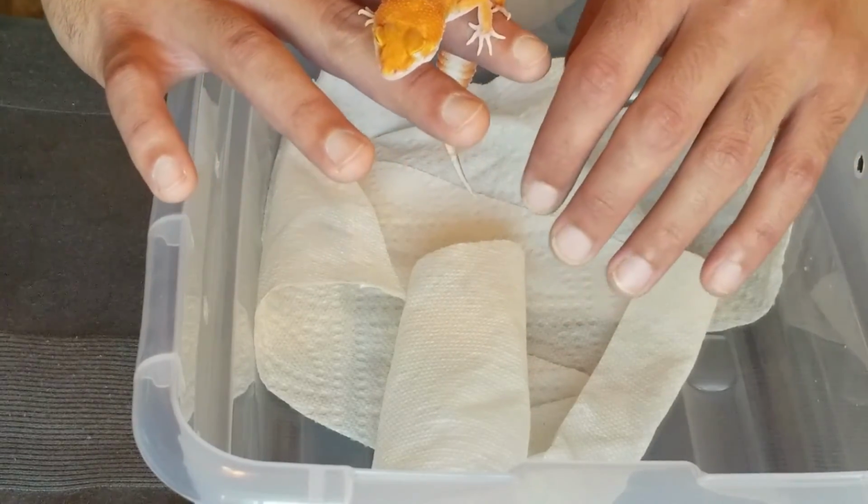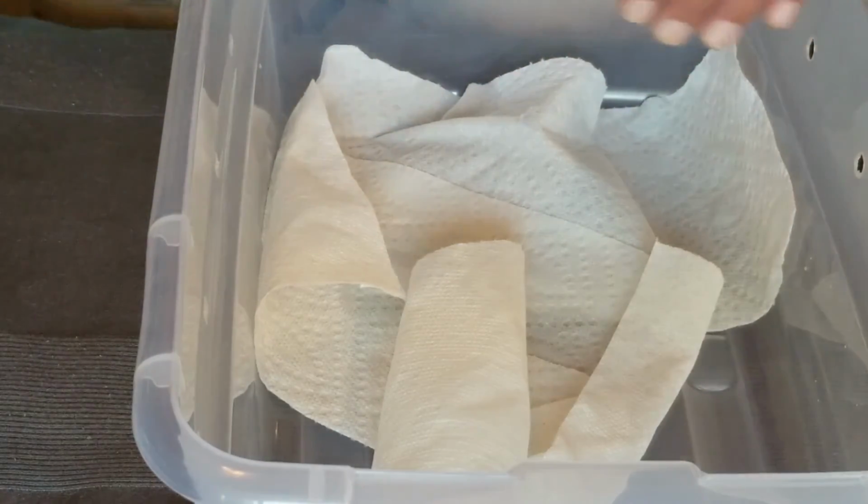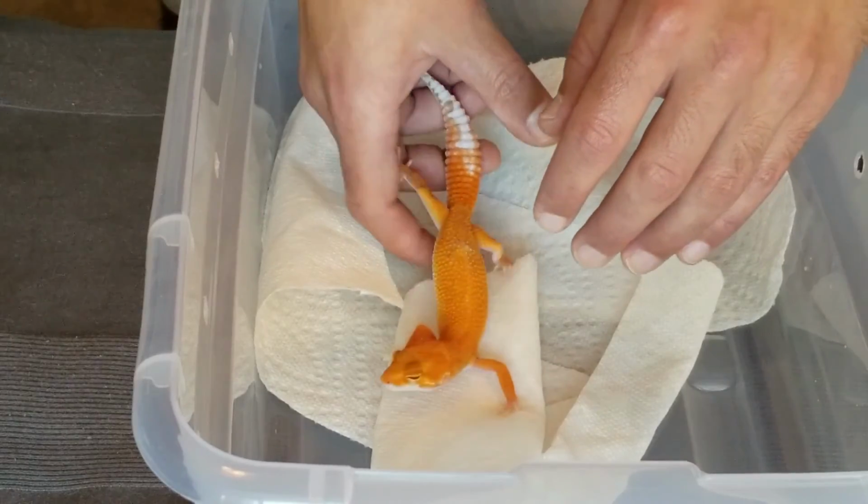Right on. I'm gonna have to walk all the way over here to turn this camera off, so it's gonna take a couple seconds, but